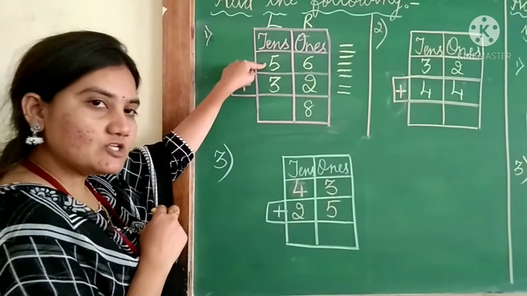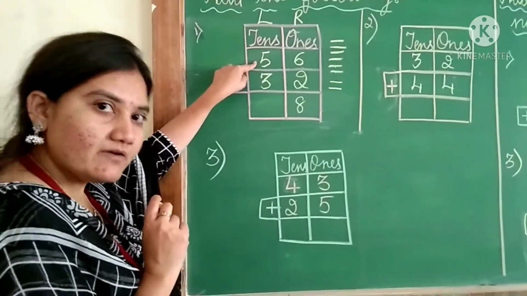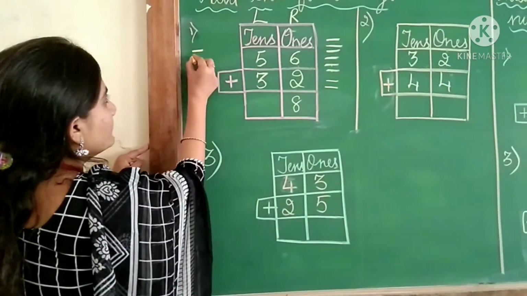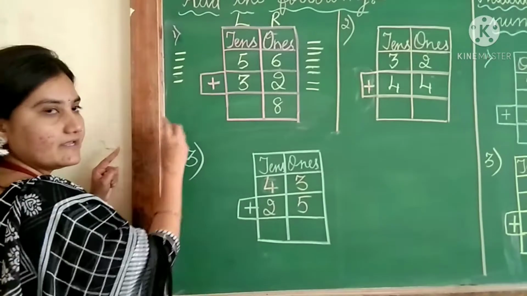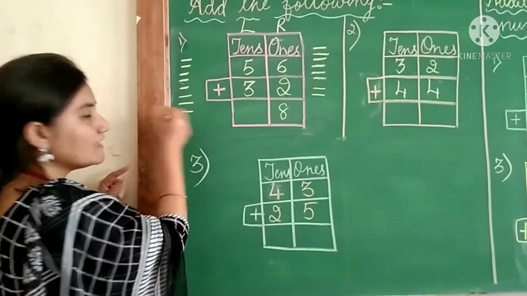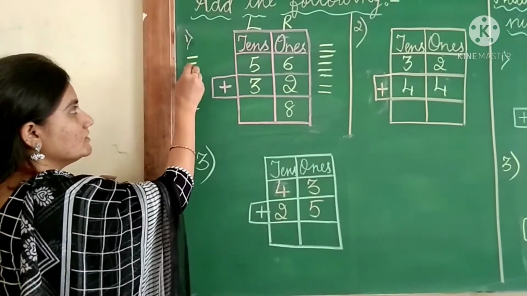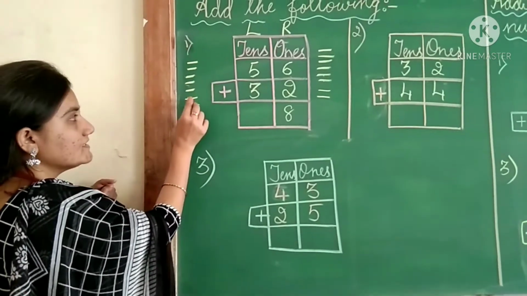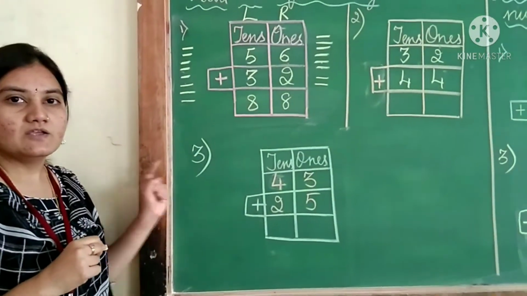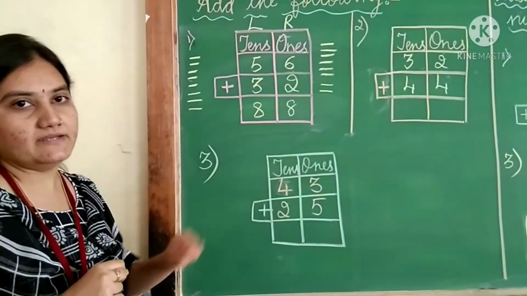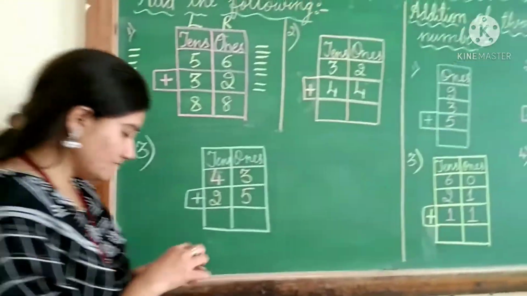Now next we will go to the left side, that is the place value tens. What is the first number, children? 5. So how many lines I should draw here? 5. See here. 1, 2, 3, 4, 5. Next 3. 1, 2, 3. Now we will add from top to bottom. 1, 2, 3, 4, 5, 6, 7, 8. What answer we got, children, here? 8. So the number will be 88. Got it, children? Shall we go for second one?